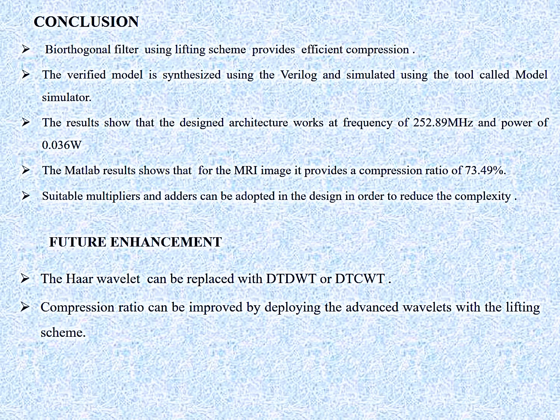So in conclusion, the bioorthogonal filter using lifting scheme provides a very good compression, and this particular architecture was implemented onto a very long module where we topped the frequency at 252.89 MHz. That was the fastest, where it achieved its speed and obtained its low power of 0.369 watts. And also by using the MATLAB results, we obtained the highest compression ratio for the MR image, that's 73.49, which is actually very good. And also we have reduced the area complexity. So we have optimized most of the